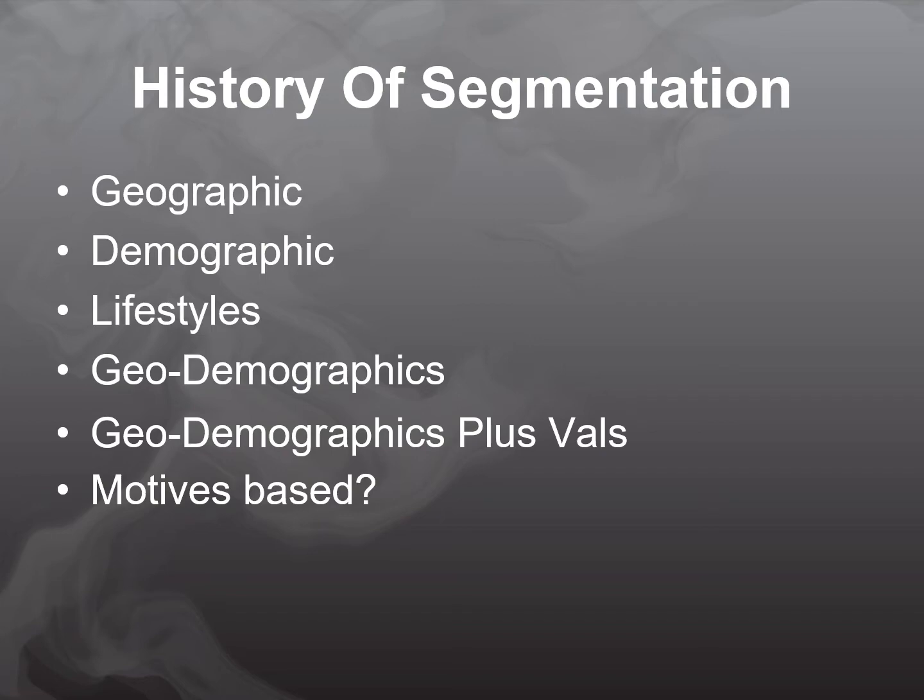The second type of segmentation is demographic segmentation. There's a couple of points to be made about demographic segmentation. Number one, your book spends a lot of time talking about it, and it is the most often used form of segmentation. Let's repeat that. It's the most often used form of segmentation. Why is that? Well, it's easy, and therefore it seems like that's what we should do. There's only a couple of problems with demographic segmentation, and the first problem, of course, is it doesn't work. That's right, demographic segmentation doesn't work.